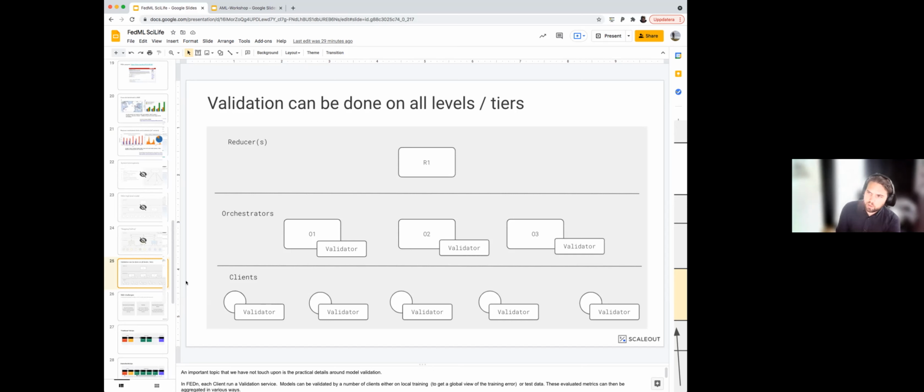Because obviously, one promise with federated learning is that by accessing more data, you train a model that generalizes better. But there is no guarantee that in each round you're going to improve every single participant's local model if it's only measured on that client's local data. And this is an important thing to think about when you think about federated learning.